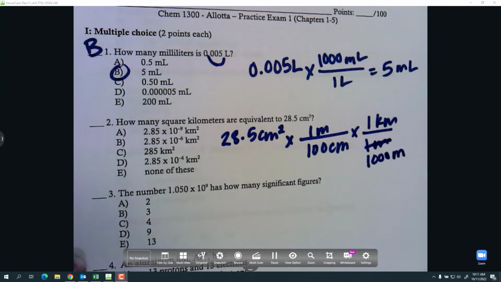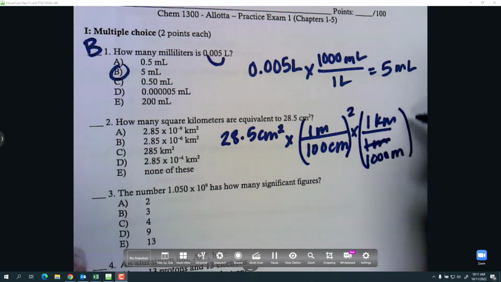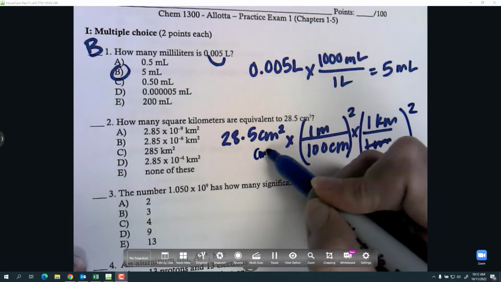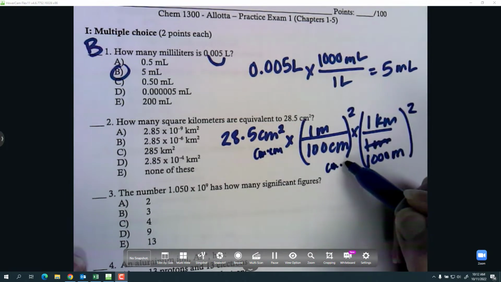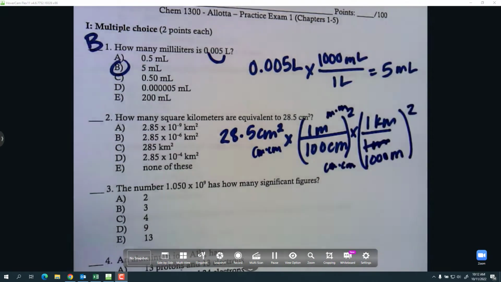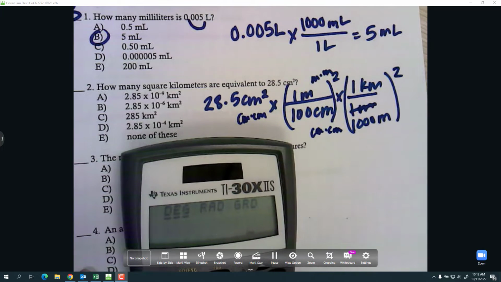But because this is squared, I have to square these. So basically, this is centimeters times centimeters, and so this is going to be centimeters times centimeters to give me meters times meters. I have to do it twice. So I'm going to do it like this. All right, so 28.5